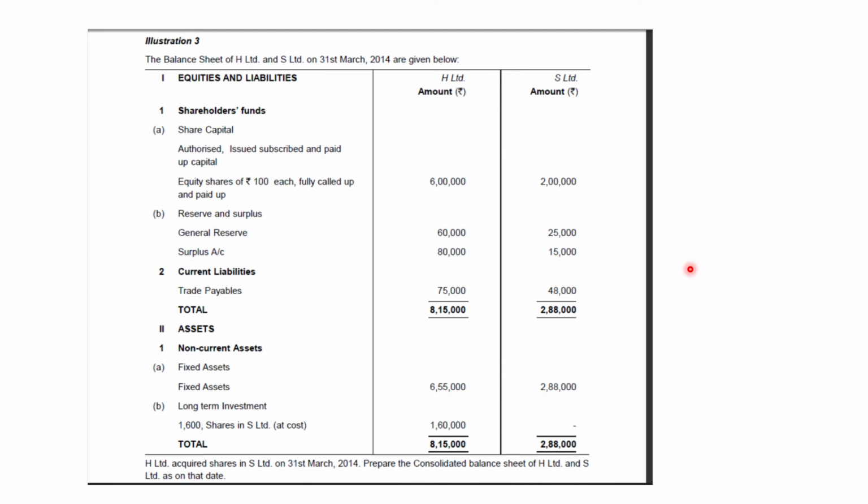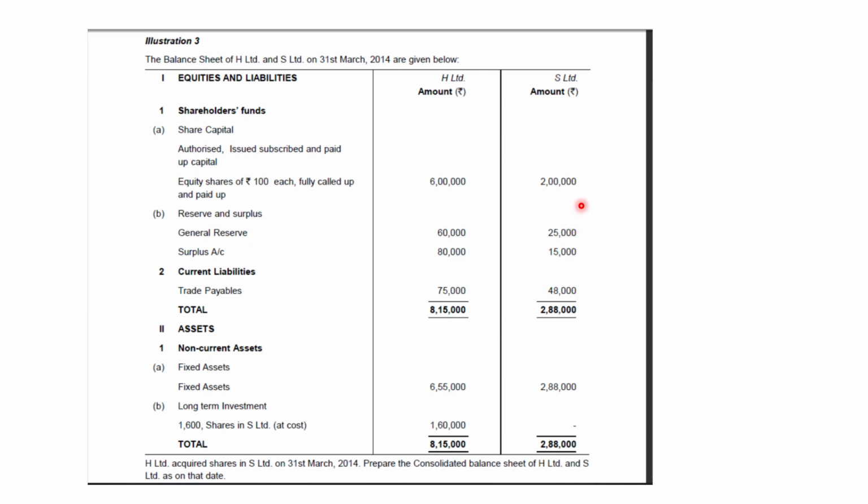As I told you that we are removing only this portion, that is only 80% shares in subsidiary, but adding all the assets and liabilities. By adding all the assets and liabilities, it means that we are adding the total net assets of subsidiary company in the financial statements of holding company. So the remaining 20% will be called the minority interest. A separate liability will be created for that.